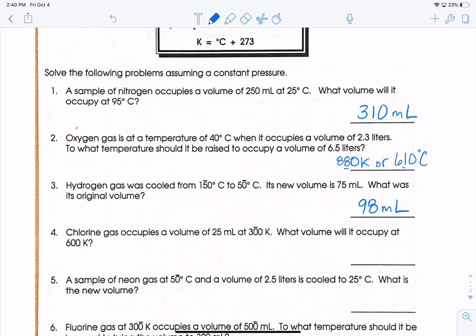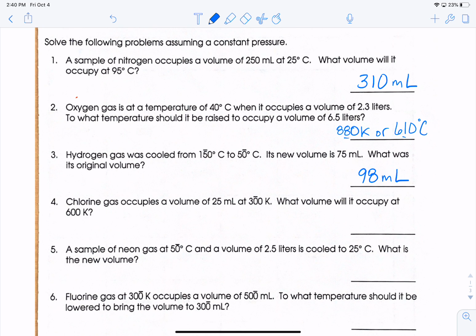Apparently, that is another way to signify sig figs. So 150 is 2 sig figs. 50 is actually 2 sig figs because it's telling you that 0 is, in fact, significant. This one is 50 milliliters,